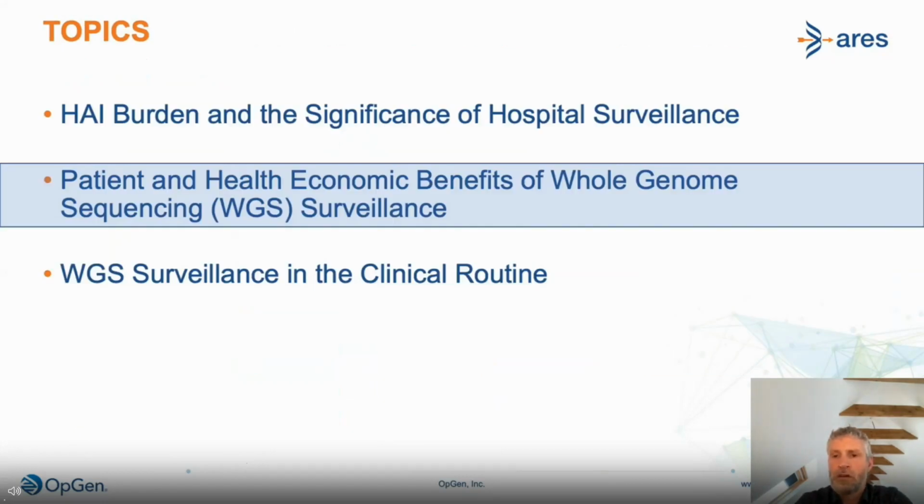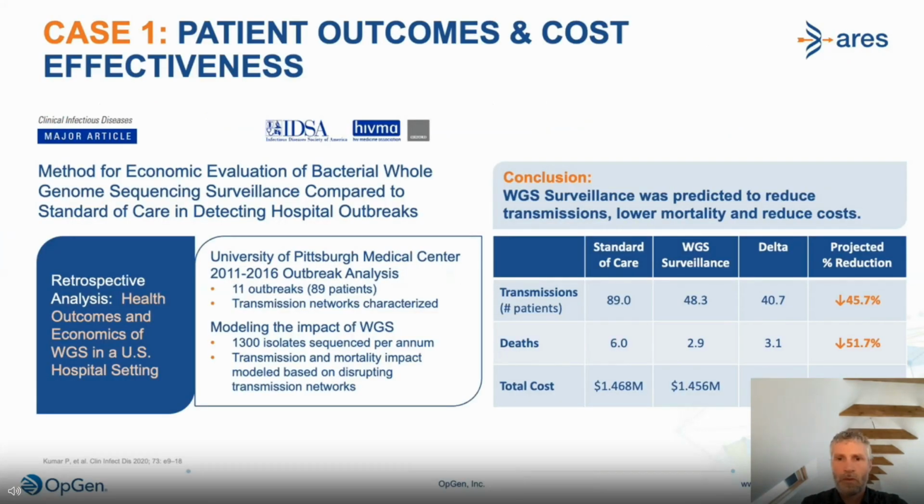I'm now switching gears as we will review a number of recent studies to assess the patient and economic benefits, in other words, the clinical utility, of implementing whole genome sequencing for routine hospital surveillance. I'd like to start with a study conducted by the aforementioned team in Pittsburgh, led by Dr. Alexander Sunderman. In a study published in 2020 by Kumar and co-workers, the authors retrospectively analyzed whole genome sequencing data